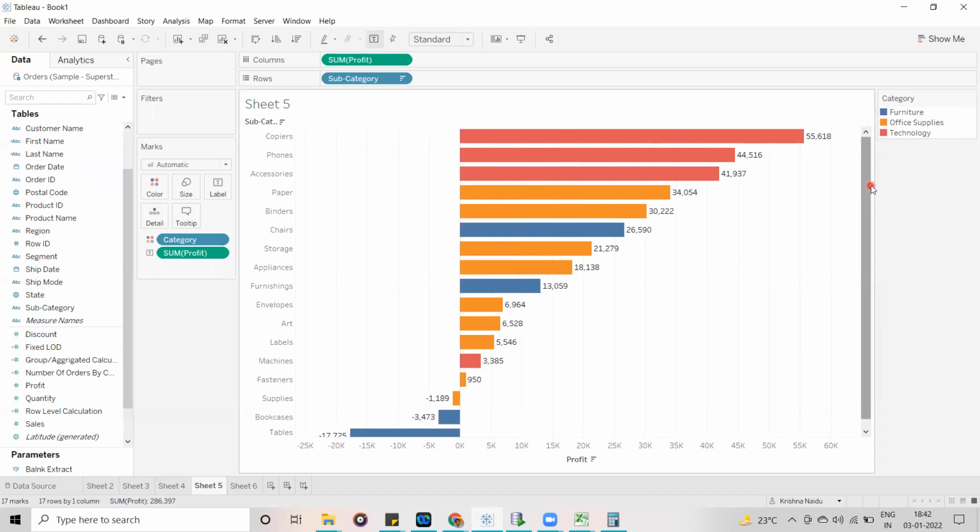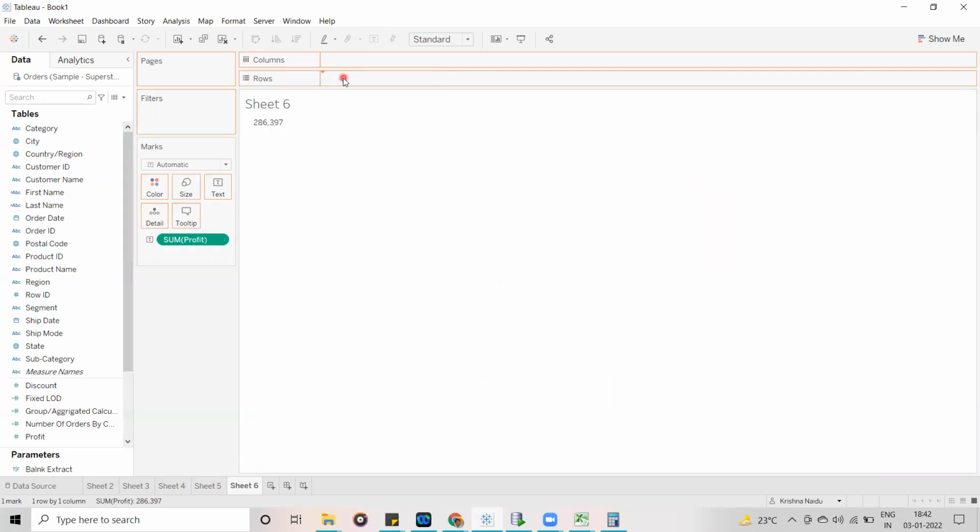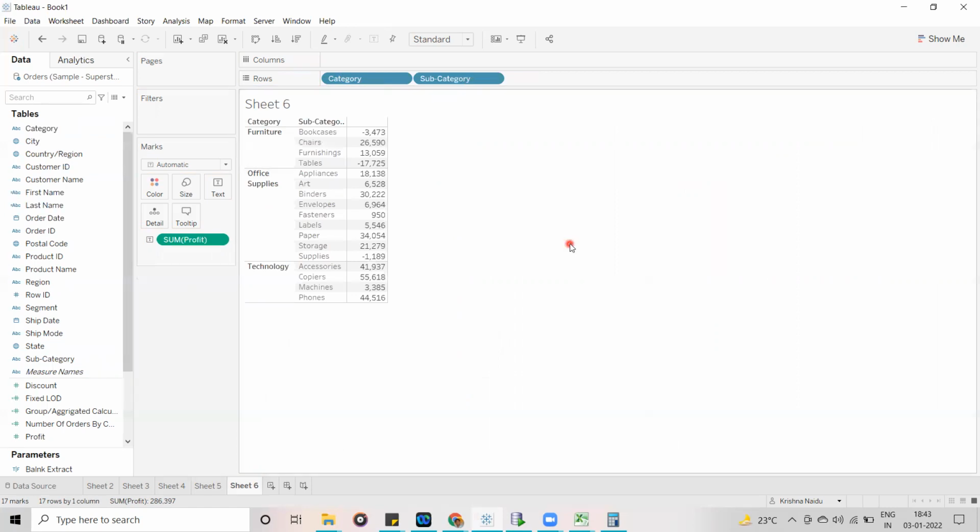Let me create the category here and the total here, and add the subcategory again. The customer expects the percentage to be this value divided by the furniture total value.